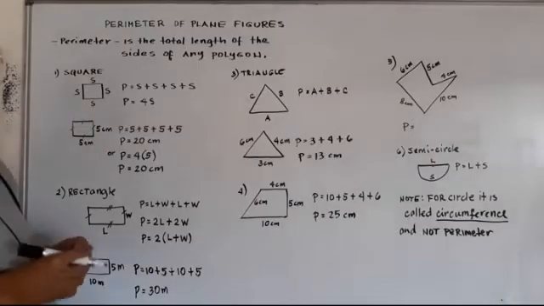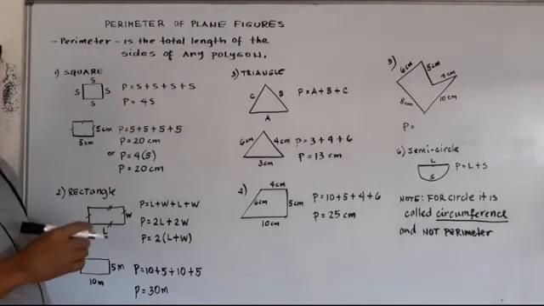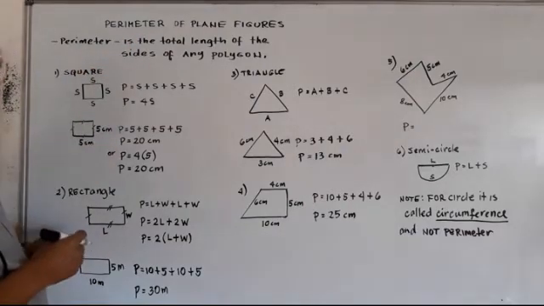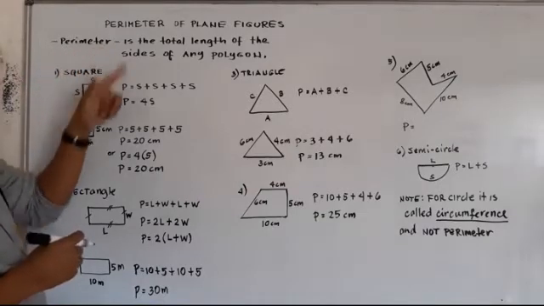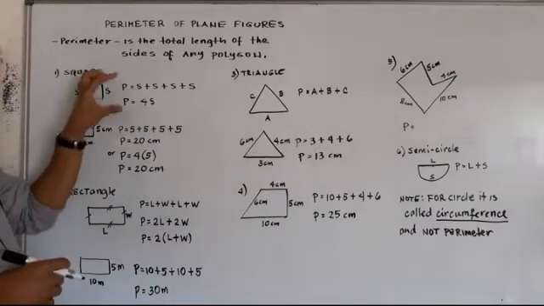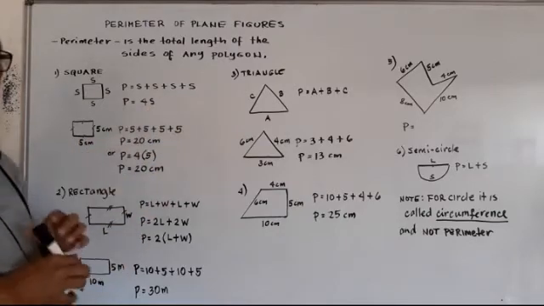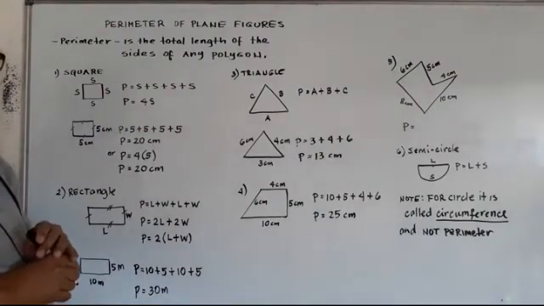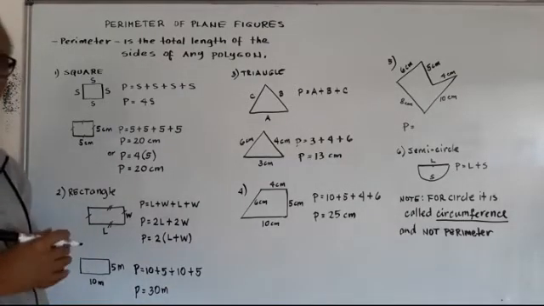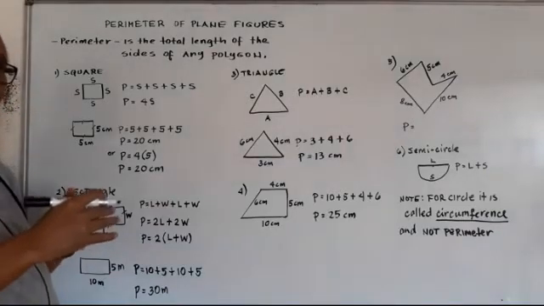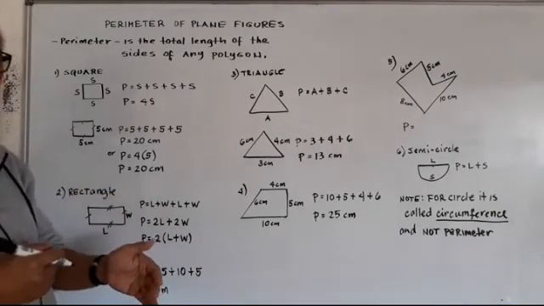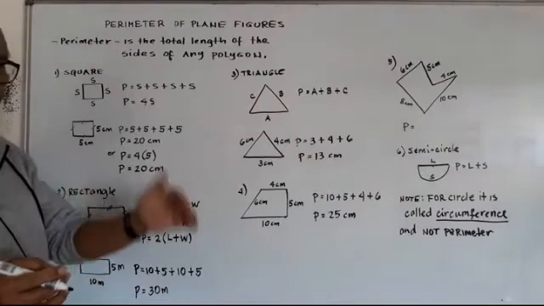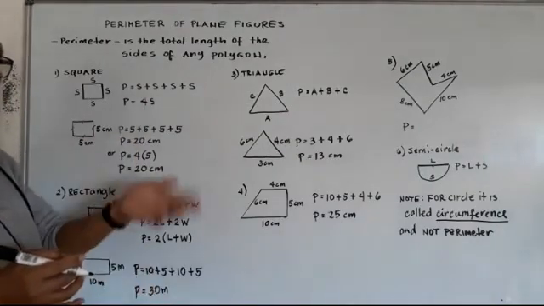So class, our topic for today is about perimeter of plane figures or perimeter of polygons. So we have here a definition of perimeter. You don't need to memorize the formulas for the different polygons for the perimeter of these polygons. Just remember only that the meaning of perimeter is it's the length of the sides. You add the length, the width, whatever, and then the total length of the sides of any polygon will give